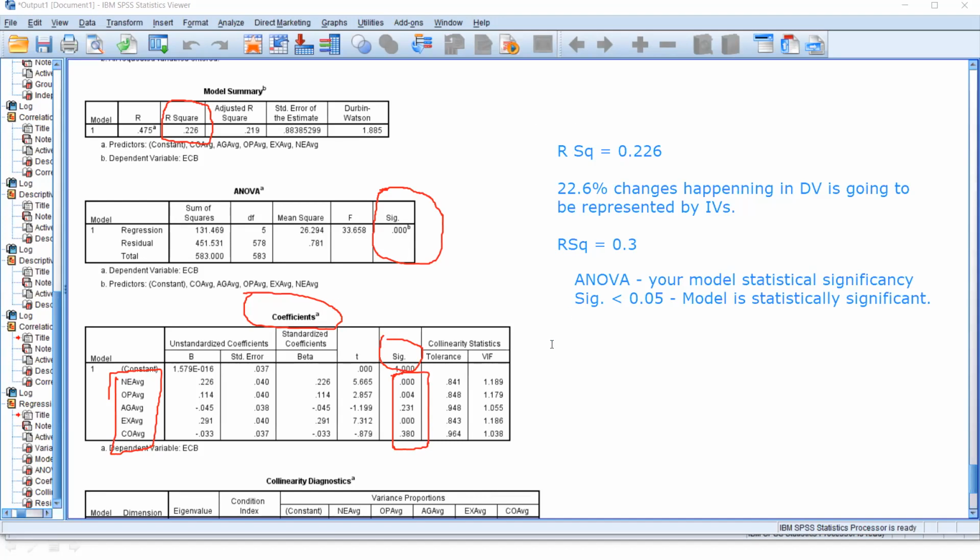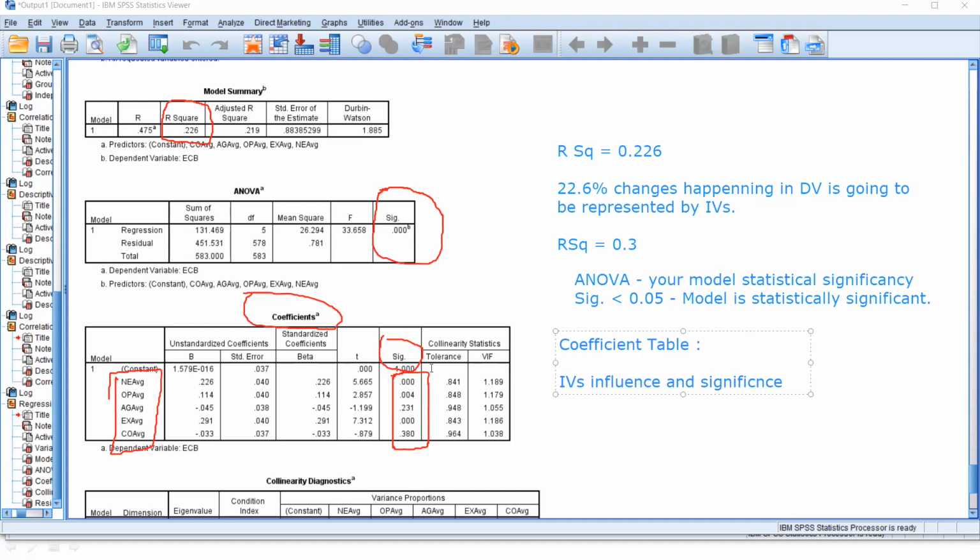Right? So this coefficient table indicates your independent variables' influence and its significance.